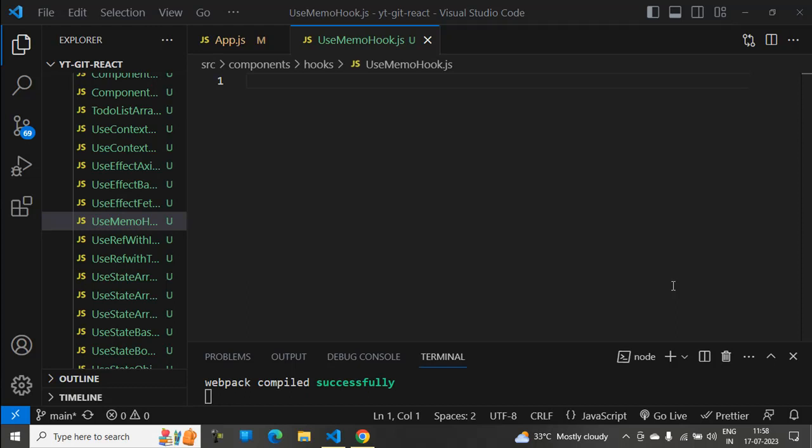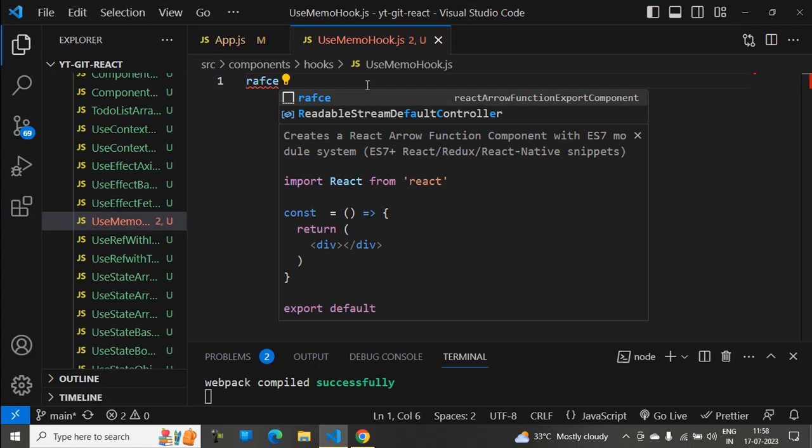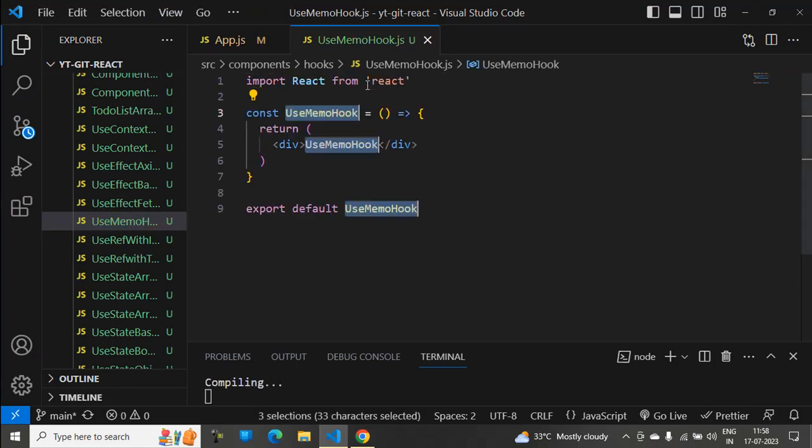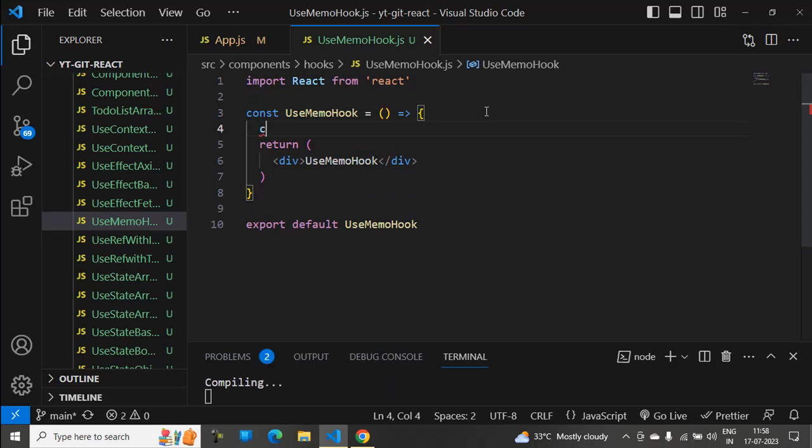Let's get started with this RAFCE. Let's use this snippet, then get a template arrow function. Now let's create two state variables. One is counter1